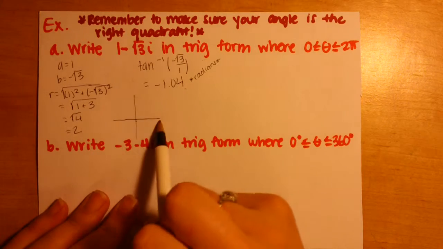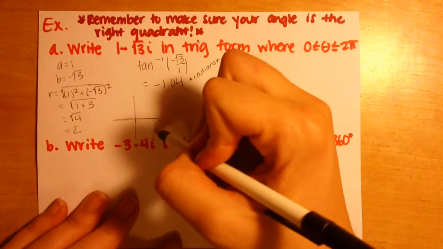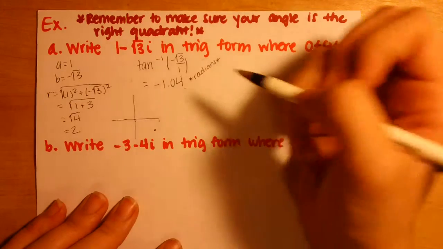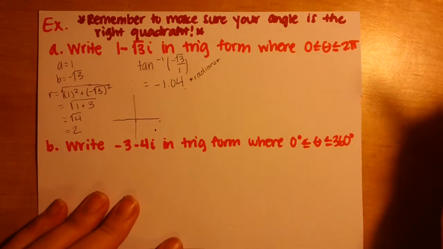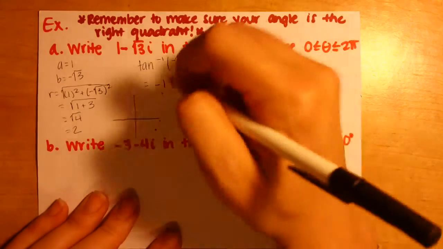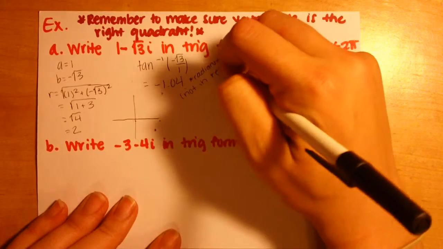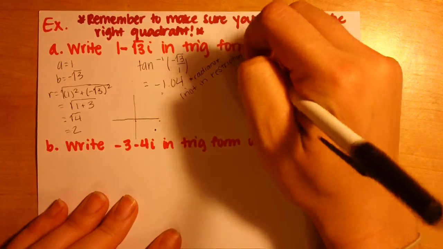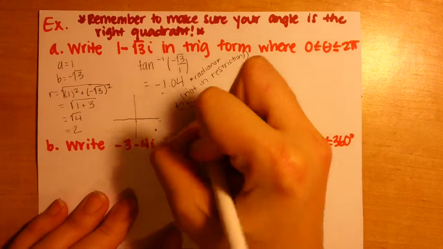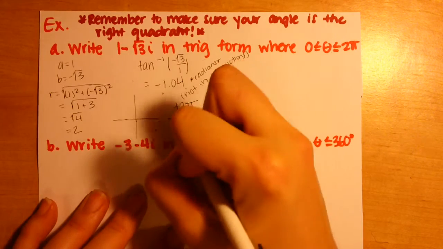So we went over 1 and then down negative square root of 3. So we're in the right quadrant, but this angle is not within our restrictions. So although the quadrant is right, we're going to have to add 2 pi to get it within our restriction. So if I add 2 pi, I now have